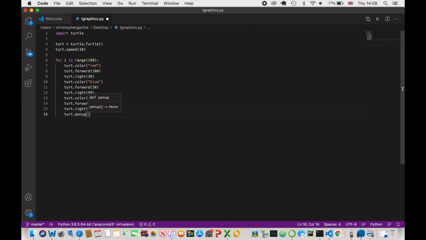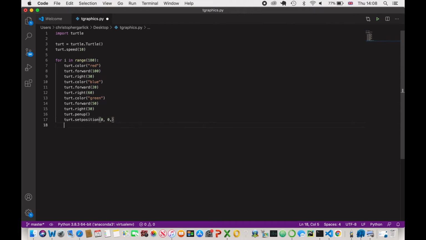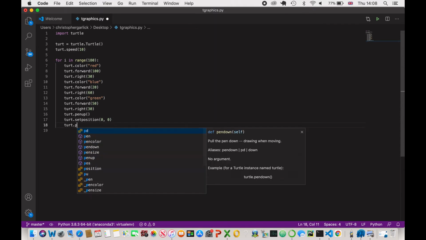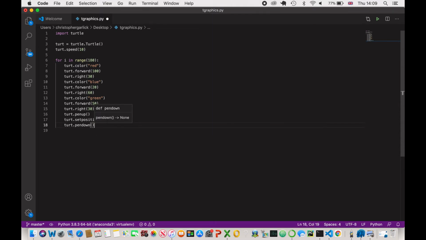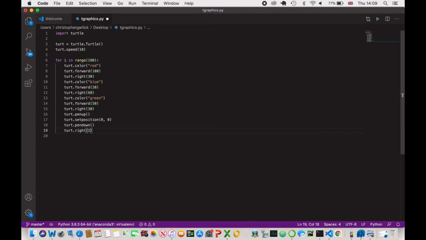So tart.penup, and that will lift up the pen, so to speak, or whatever actually is drawn whilst the turtle's moving. And then tart.setposition, and we'll just pass in 0, 0, so that will be the center of the screen. And then tart.pendown, and then tart.right, and we'll just pass in 2, so it just moves it 2 degrees to the right, ever so slightly, and then it will do this whole sequence of code all over. So now if we do